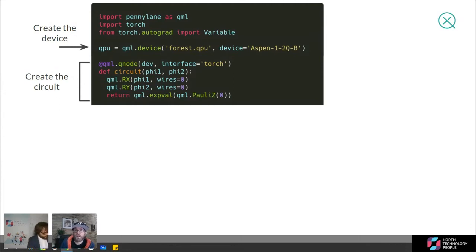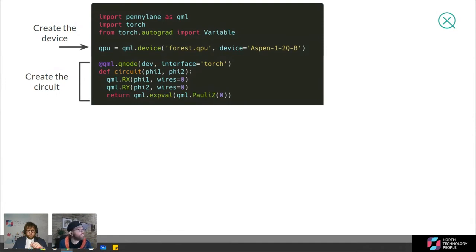Another distinction is that in quantum circuits, we refer to qubits as wires. You'll see this a lot because they're circuits. We look at a qubit as a wire in the circuit, which is why we define wires. We have one qubit, so we're manipulating wire 0, counting from 0. And finally, the last step here is returning the expectation value. As I mentioned, that's the measurement, the B in the brackets, measuring the expectation value of the position of this qubit, and using this as the output for measurement.